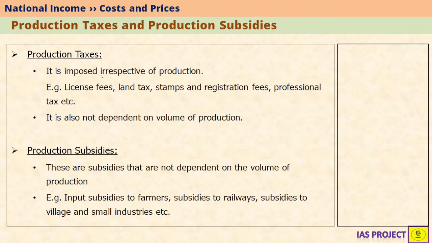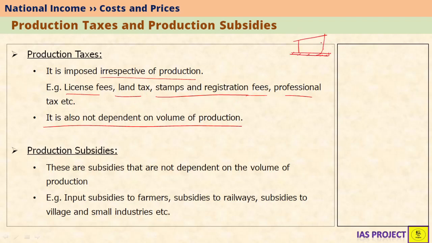Production taxes are imposed irrespective of the quantity of production. Examples of production taxes include license fees, land tax, stamps and registration fees, professional tax and other taxes. Also, they do not depend on the volume of production. For example, let's say you have opened an enterprise to manufacture water bottles. You have to take certain permissions from the government. Those permissions come with certain fees like license fees, land tax, stamps and registration fees and other taxes. These taxes are called